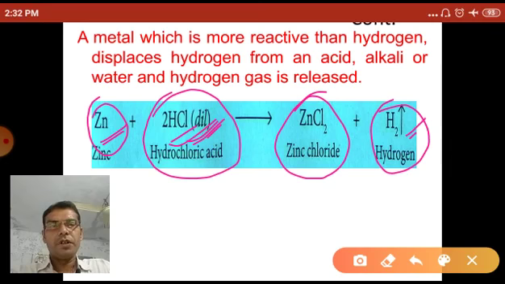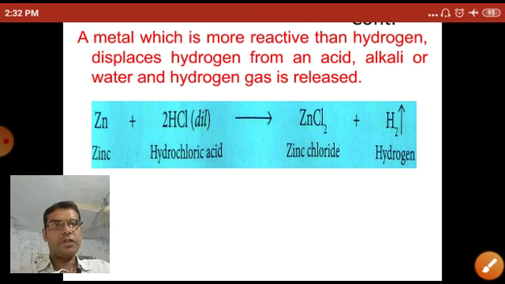So zinc is more reactive than hydrogen, so zinc displaces the hydrogen from the hydrochloric acid. Now next example,